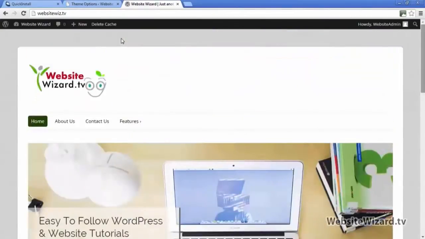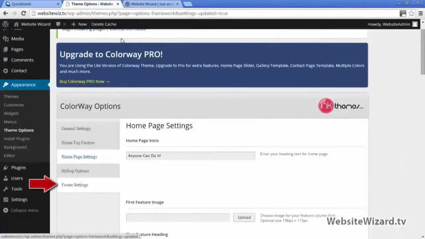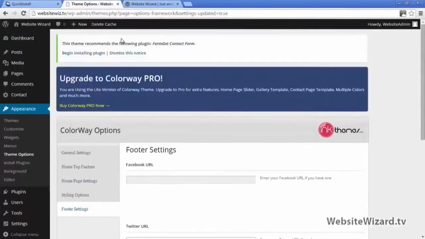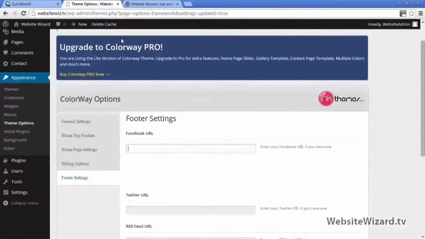Another thing you might want to do is link to your social accounts on this website. If you want to link to your Twitter page, for example, then you can do that as well. Head back to the WordPress dashboard and click on footer settings here. As you can see, we've got the opportunity to enter some of our social account URLs here. If I wanted to enter my Twitter URL, then all I would do is type my Twitter URL here. So http